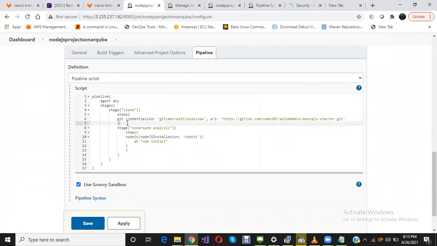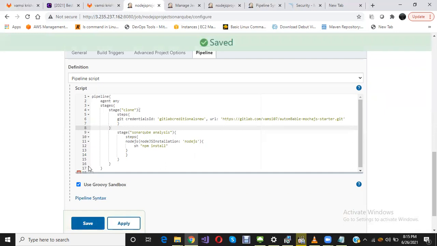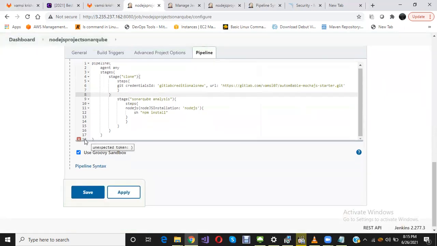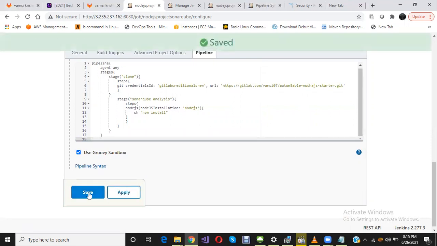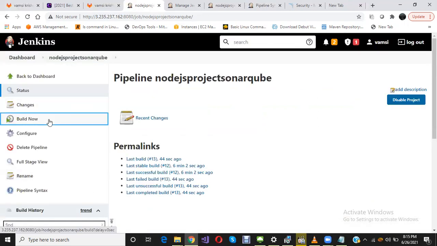Now let's queue build now. Why is it saying unexpected token? I have added an extra brace, that's why it is showing. So build now.